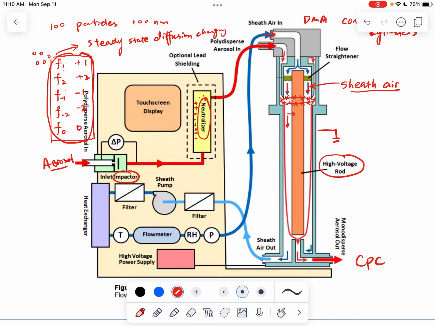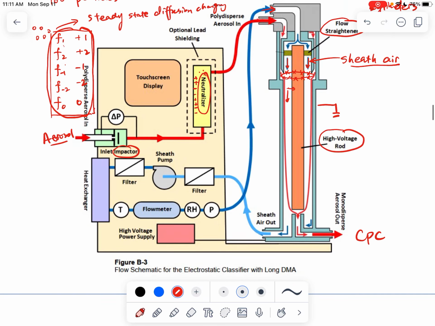So if you look at the flow of the sheath air, you can see that it's being introduced from the inlet above, going through this gap between these two cylinders. They need a flow straightener. Basically, it's a screen here to redistribute the velocity so you don't have a non-uniform distribution of the flow profile, right? And then if you follow, the sheath air is being introduced, marked as the blue